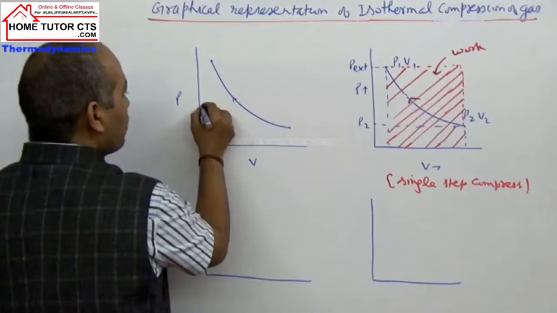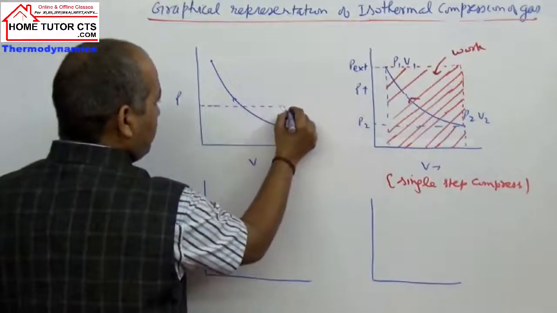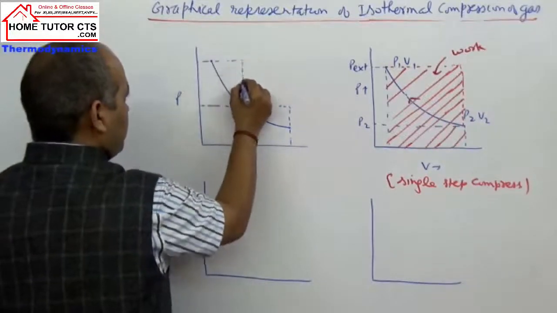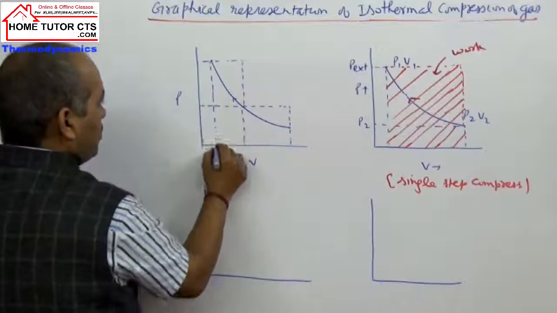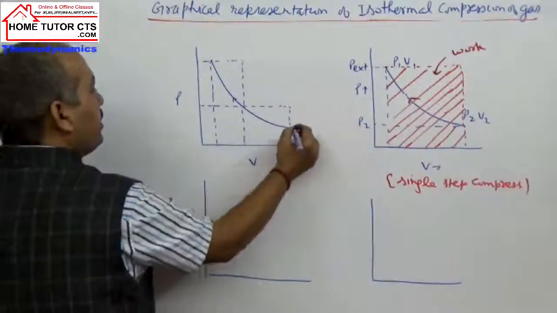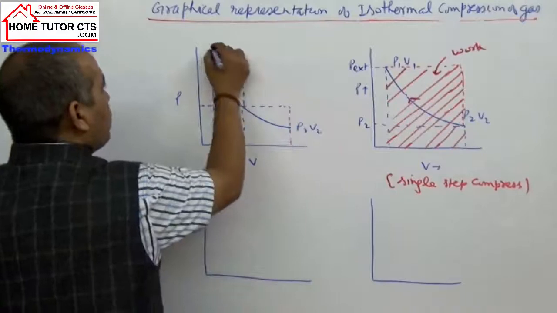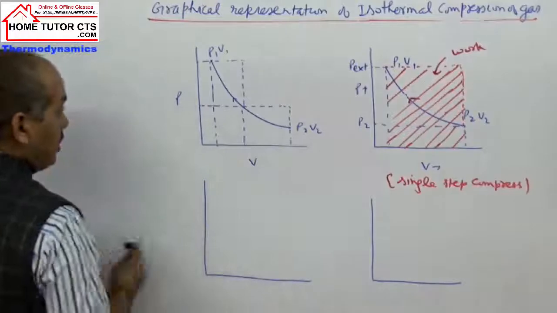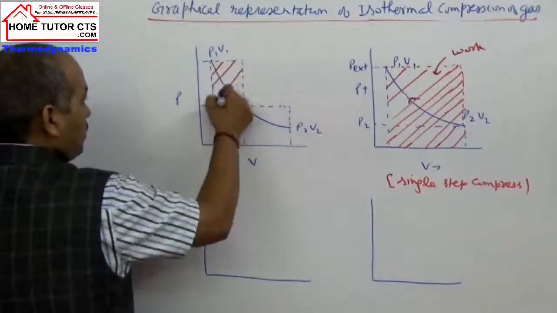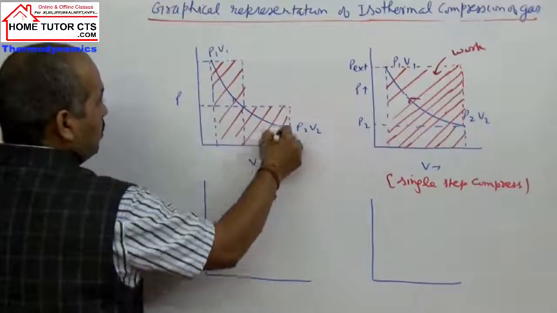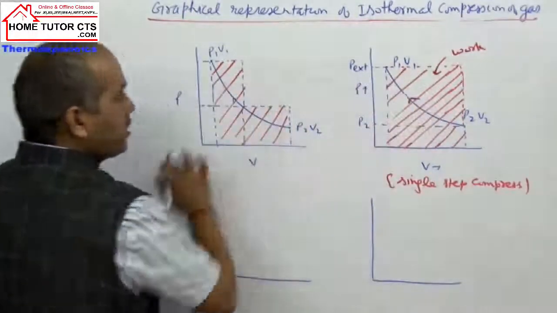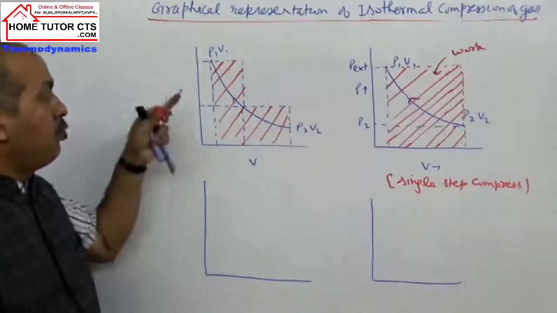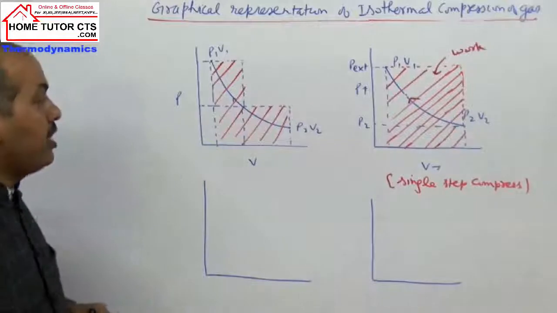so first the gas can undergo compression. It can be taken P2 V2. I'm just writing only the final values given in compression. So in this case how much will be the area under the graph? When you compare, this work is more, this work is less. So in compression when the number of steps is increasing, the work done on the system will decrease.